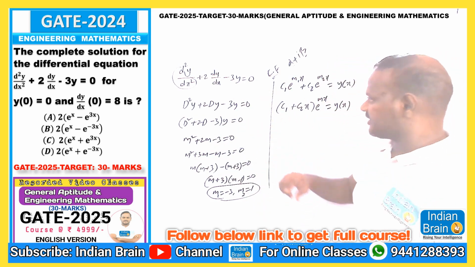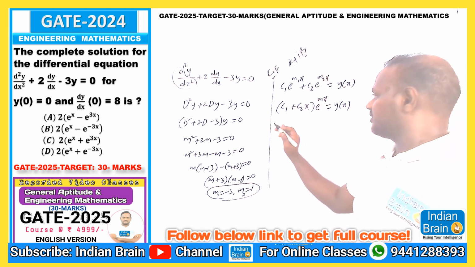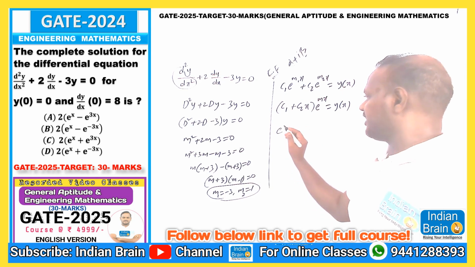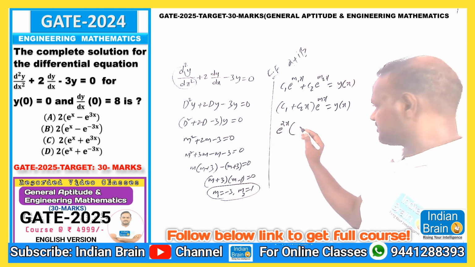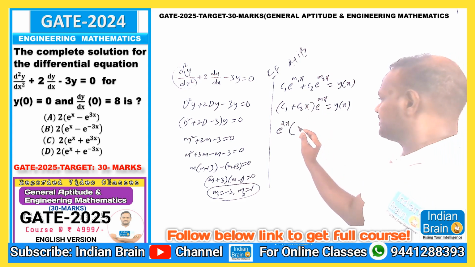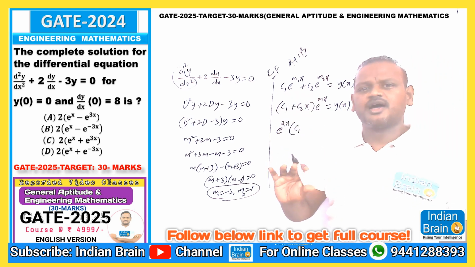In that case, the roots are very important. Don't confuse. So e power alpha x into, very important, C1,